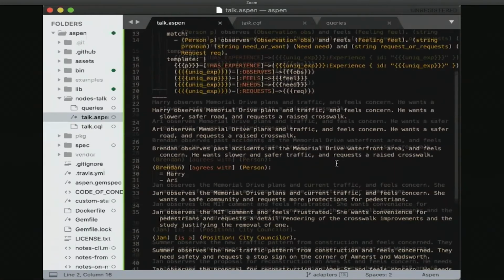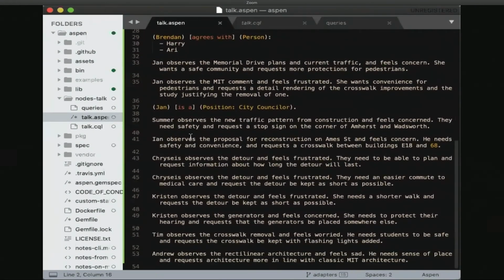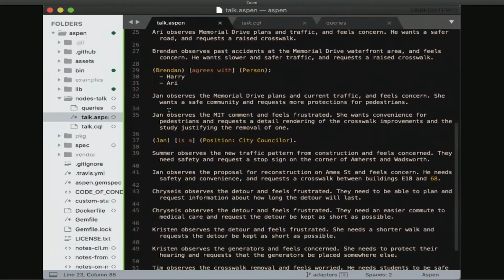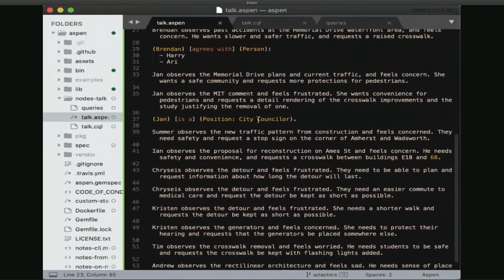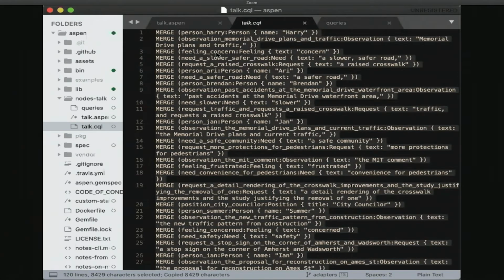So you can see here, I've pasted in all of the rewrites from, I think, about 13 comments. And you can see Chrysius's comments down here and Harry's up here. And then using Aspen, I've also noted that one commenter, Brendan, agrees with the positions of Harry and Ari. And I also realized that this commenter, Jan, is actually a city councilor. So I've added a relationship there. In the background, I've run the Aspen compiler, and Aspen compiles to Cypher or a few other graph data formats, but we'll copy and paste this in